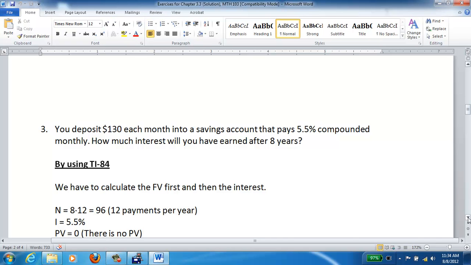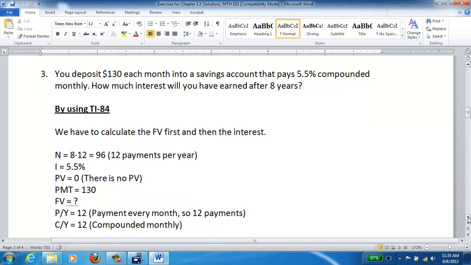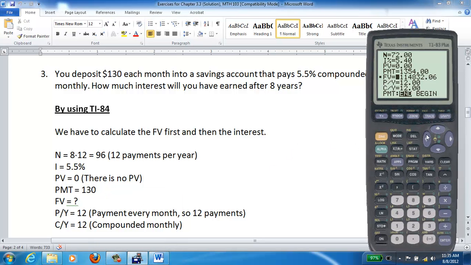Now how much is the interest? So what we have to do, we have to calculate first of all the future value for this problem. So let's go to use the graphing calculator. So we have 8 years times 12 payments, 96. Interest rate is 5.5. Payment is 130. Then P/Y will be 12, C/Y will be 12. So the future value will be alpha, enter, will be